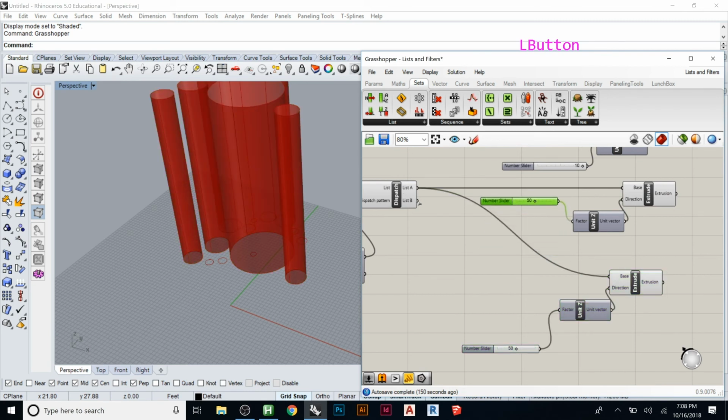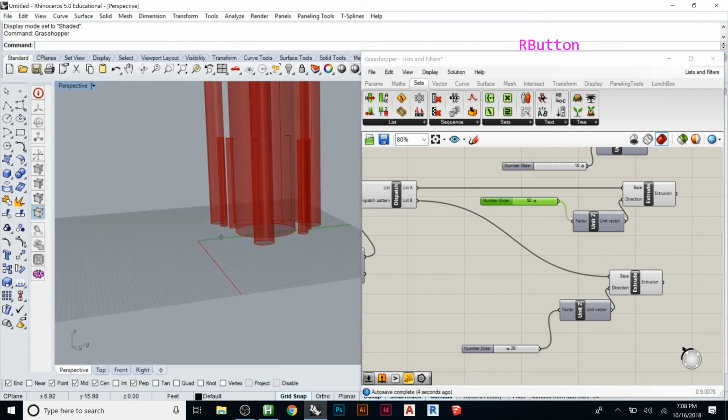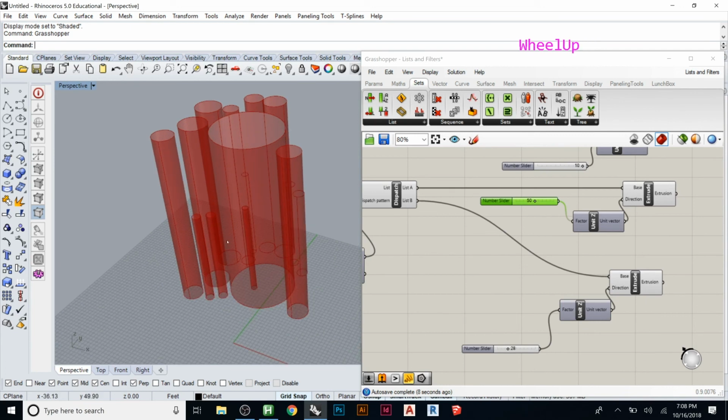We can bring this list to that and make these ones go down a different amount. So now we have two different ways we can control information. You could also make it, instead of being the amount that it is, you could say